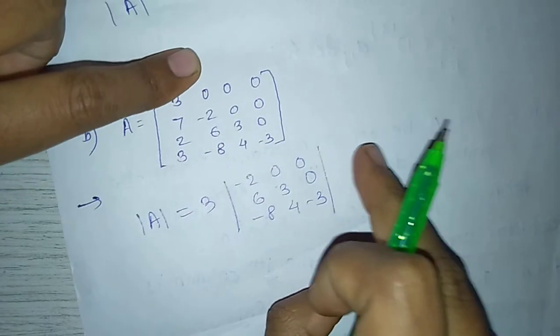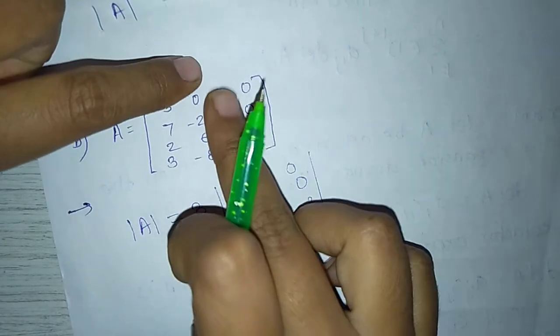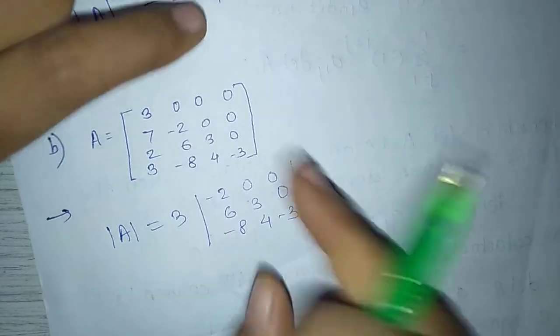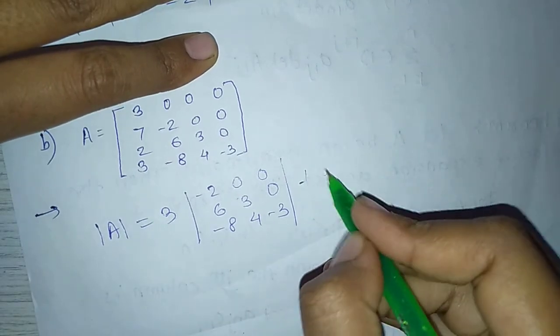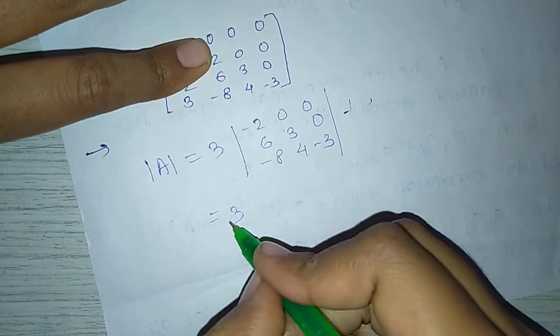Next terms are 0 into minus 0 into remaining terms plus 0 into remaining terms minus 0 into remaining terms. Here 0 into something means the value is 0. So 3 into determinant of this matrix is 3 into